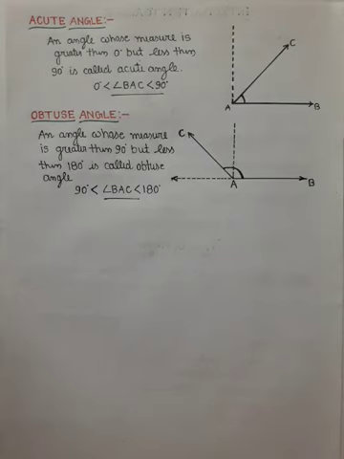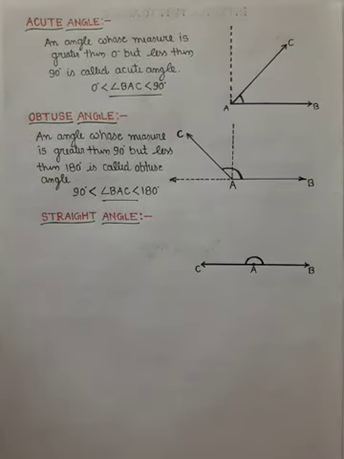And next one is straight angle. So what is the basic property of straight angle? If the amount of rotation is half the revolution, means if the final position of the ray is half the complete revolution, then it is considered as a straight angle. In degrees, if the amount of angle is 180 degree, then it is considered as a straight angle.